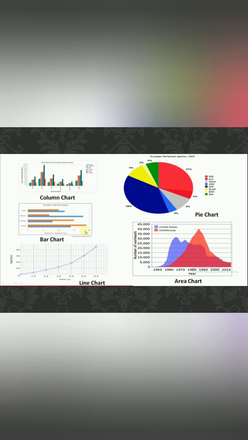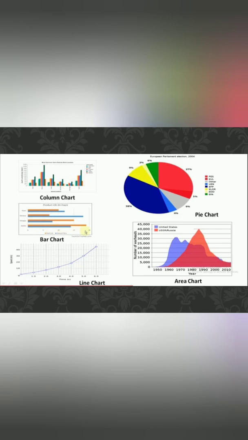On the x-axis, the values here are the time values in seconds. Okay, and on the y-axis another set of values is plotted that represents speed in meters per second. Okay students? Yes. The area chart is showing the bars between two countries in different years. See here, the two countries are United States and USSR, Russia.